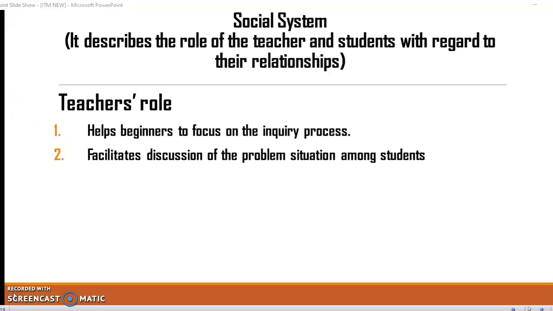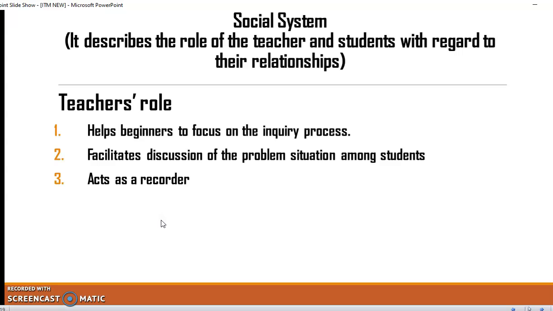The next point is that the teacher acts as a recorder. As a teacher, you need to guide them in the process, as well as keep on recording the levels or the stages or the phases that they cross while the inquiry process is going on, because the inquiry training model works when you allow your students to work in a group. So you need to keep a record of how each group is going ahead with the activity,